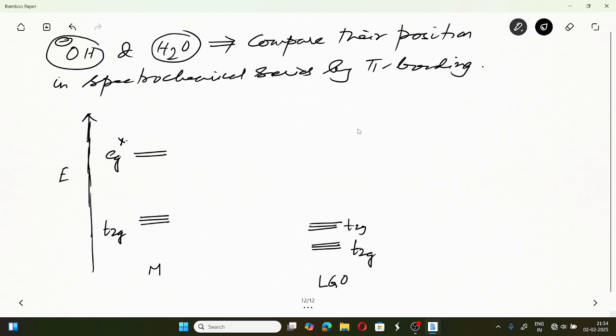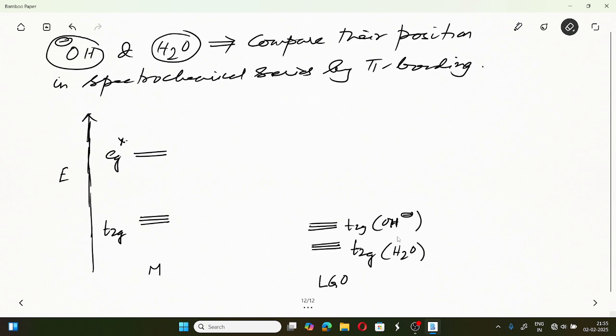Because it is due to the small size of oxygen, the excess negative charge will account for a high negative charge density and the system will be energized. ঠিক আছে, so please write down: the energy of OH minus T2G LGO will be higher than that of water,